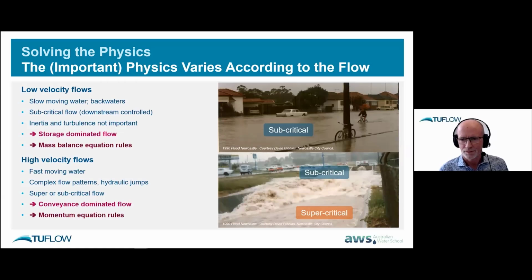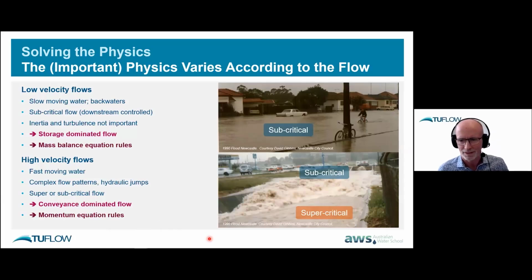But you start to move, this is the same catchment as that one, a little bit away from here. You've actually got a hydraulic jump forming in this concrete lined channel, where the water's moving at horrendous speeds. And you're going from supercritical flow to subcritical flow. You've even got a big elevation of water, kinetic energy down there. You can see that with the spout of water there. And so you've got very fast moving water, and it's what I call conveyance dominated flow.